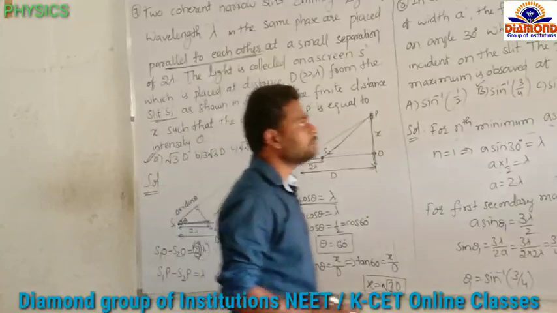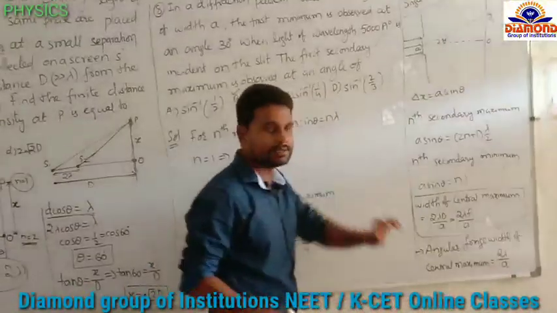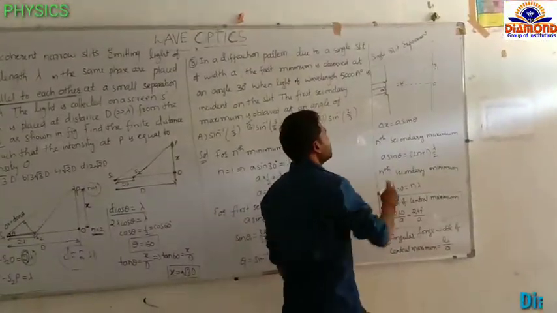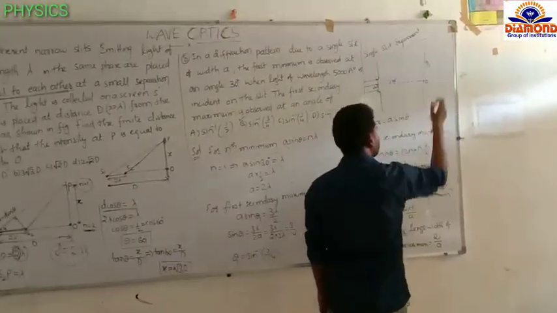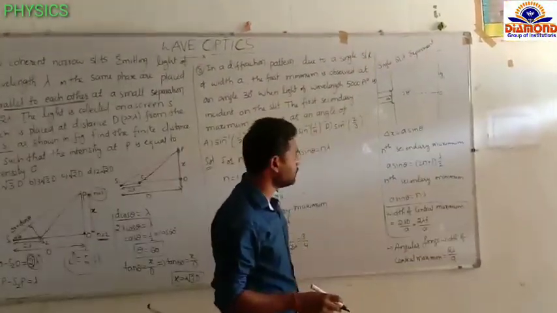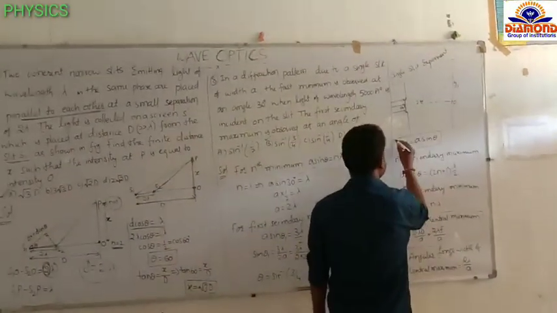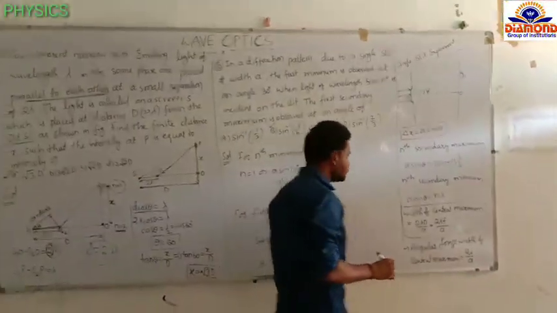And the next question comes to the single slit experiment. In the single slit experiment, already you know the formulas. Here a indicates the width of the single slit. Here we will get the central bright fringe, and on either side of the central bright fringe we will get the dark and bright fringes. In the single slit experiment, the path difference formula is del x equal to a sin theta. a is the slit width.